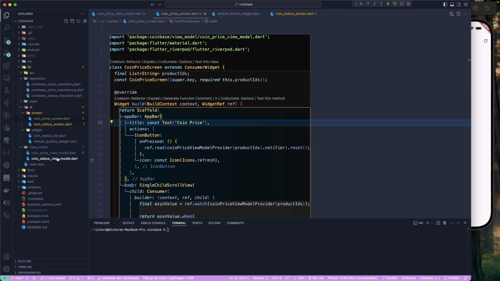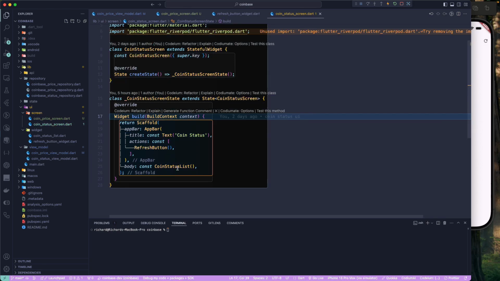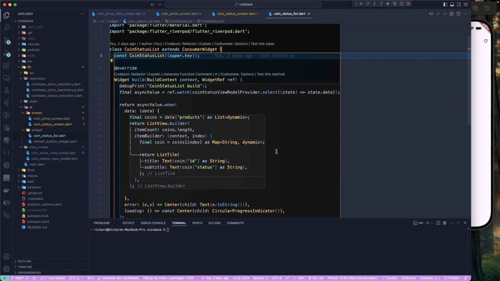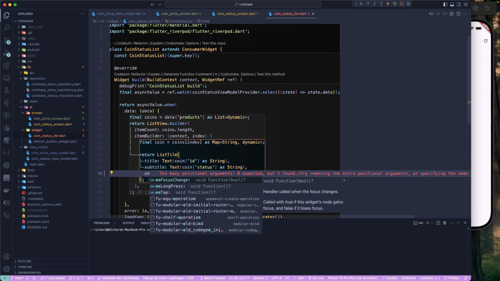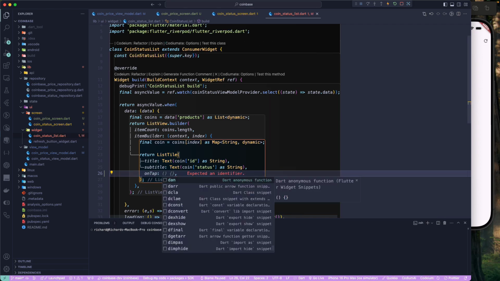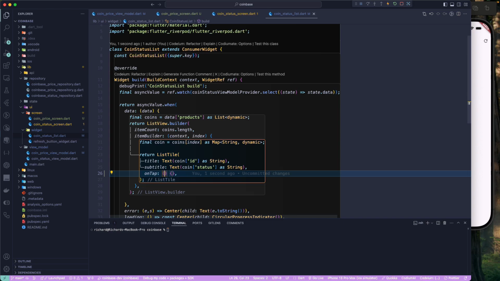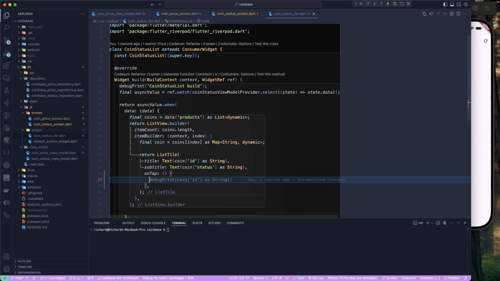So let's go to the coin status screen over here, and the coin list we get over here. And once we click on this one, I can just go and add the list style icon onTap over here. And in the onTap, I'm going to call that one. You can actually go and use the go router, but I will give it as homework to implement the go router in your next lesson. For now, let's just go and use the navigator over here,